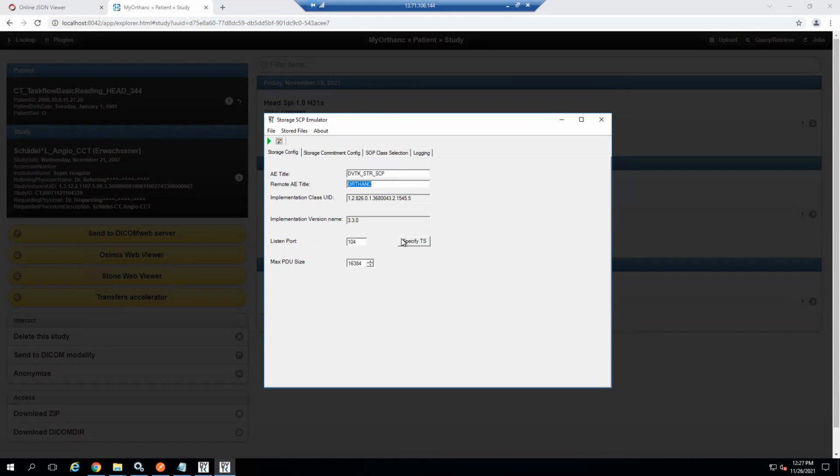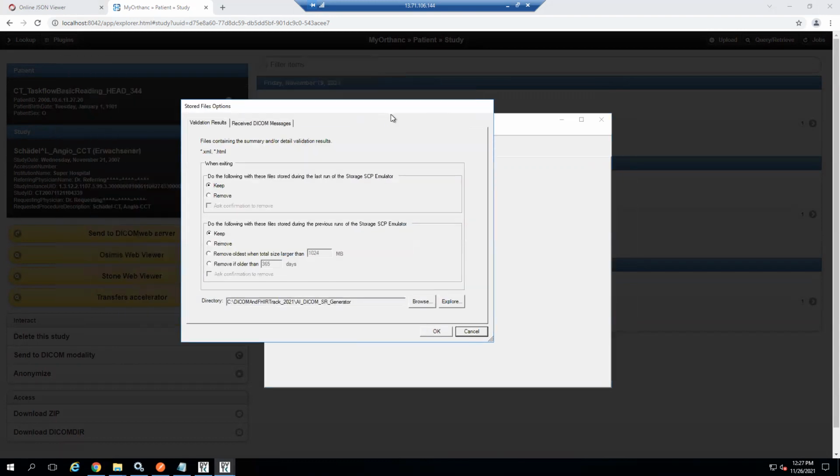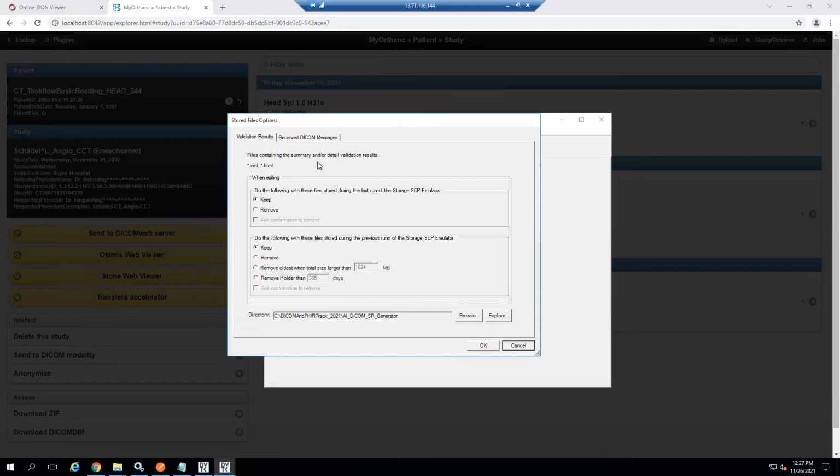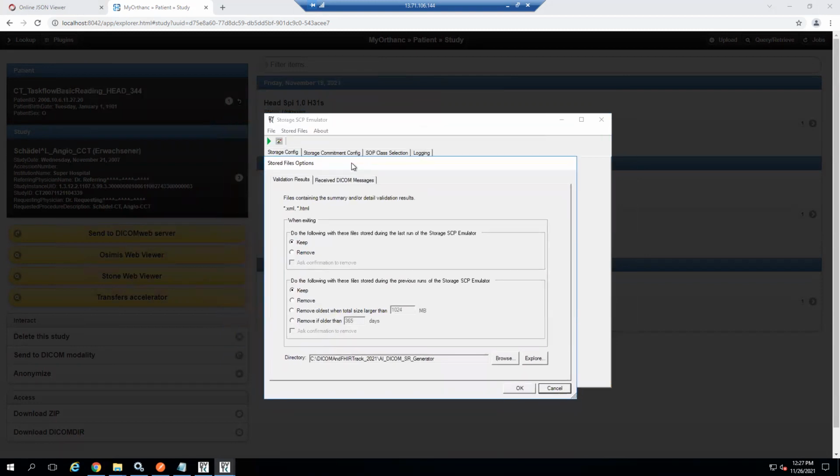We are saying here that we can receive the data from Arthang. It is going to listen on port 104. And on the storage files, I configured the file configurations over here. Whatever DICOM objects it receives, it should store in some place in the file system, so for that these settings are used.